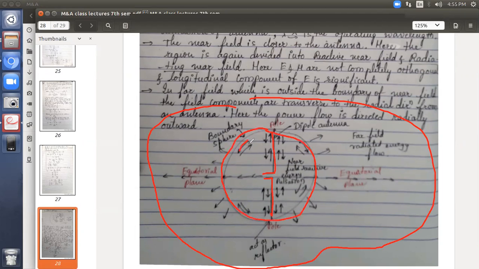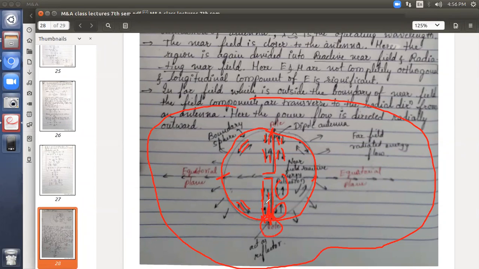If you see these lines, it looks like Earth with these points as poles and these two points as equators. If you observe at the poles, up and down lines are there. So whatever power or energy flow is there, it goes up and down, up and down. These directions show that whenever the energy comes and hits this end, this pole acts as a